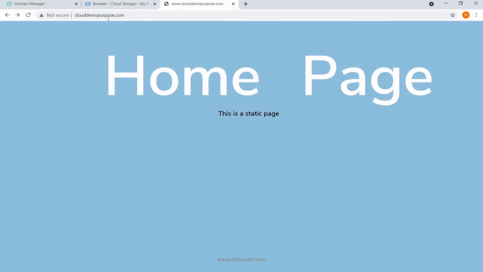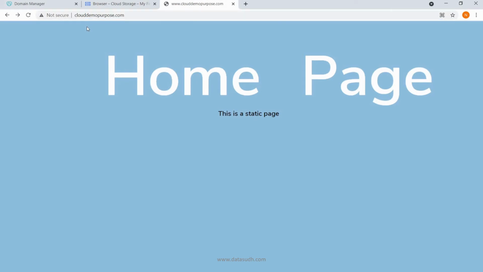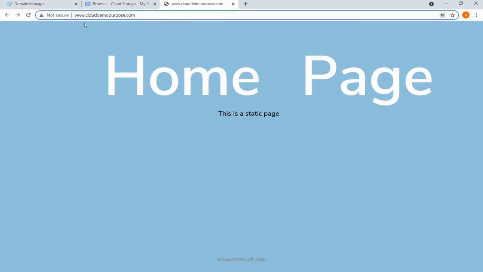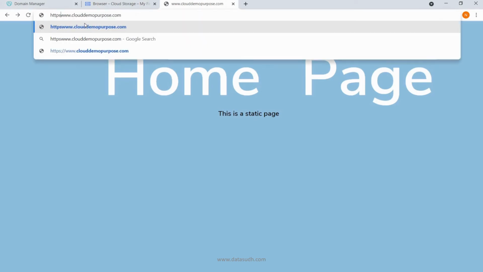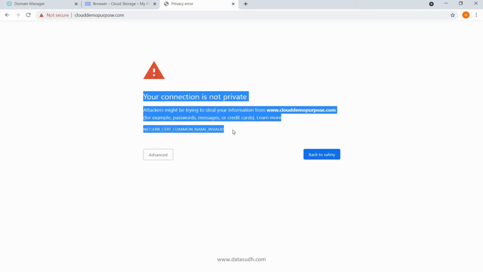Now if I try to access this website using HTTPS, so I will type HTTPS and try to run it. When I do that, I am basically getting this message.